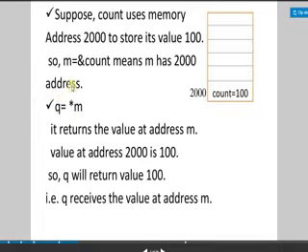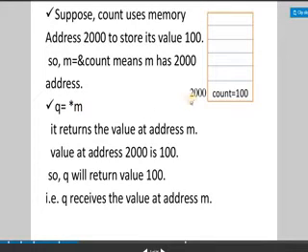Now we have another variable called q. So here we are writing q equal to *m. What does it mean? If I write only m, that is equal to 2000, the value of m variable. But whenever we write *m, it is basically representing the value at the address which is stored in m variable.